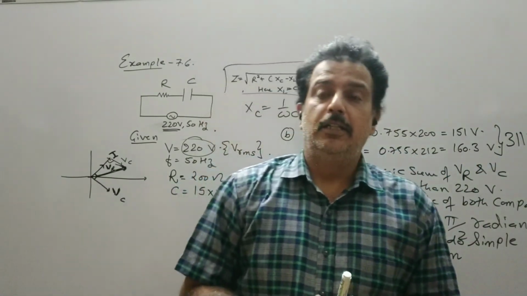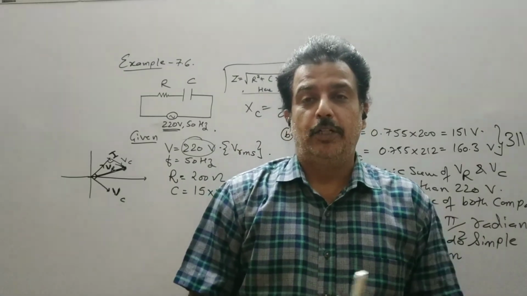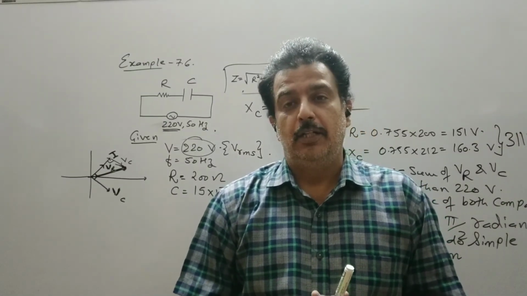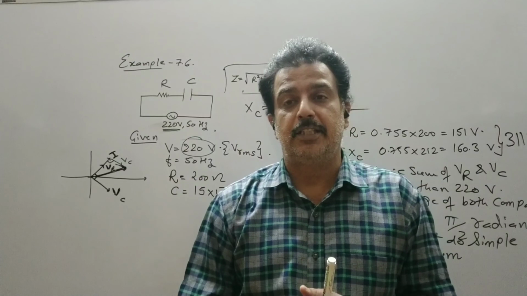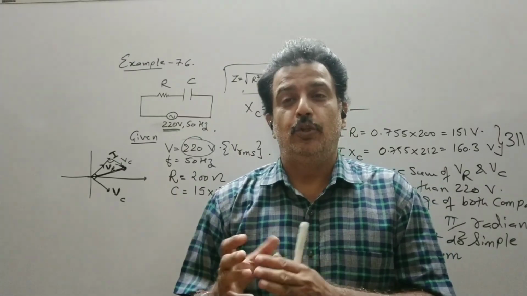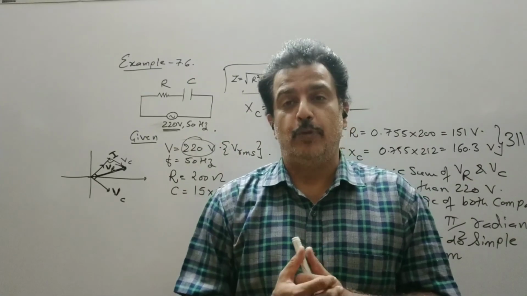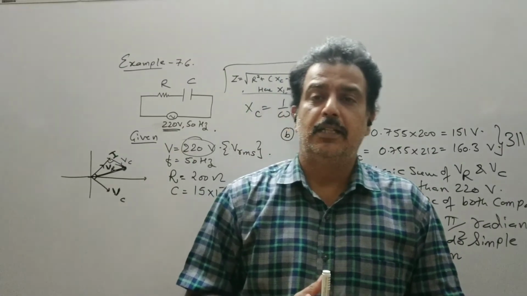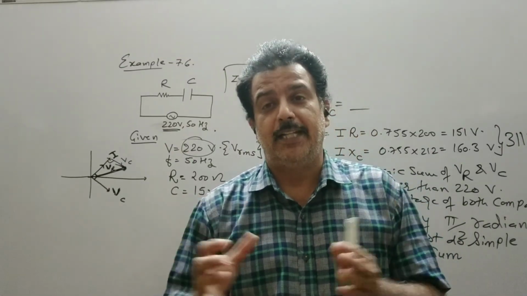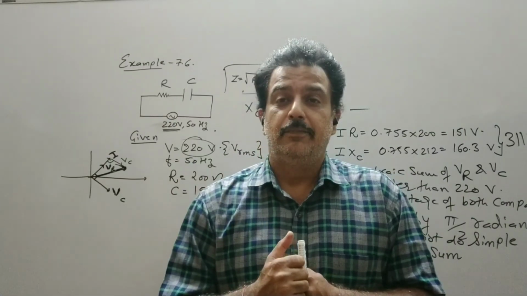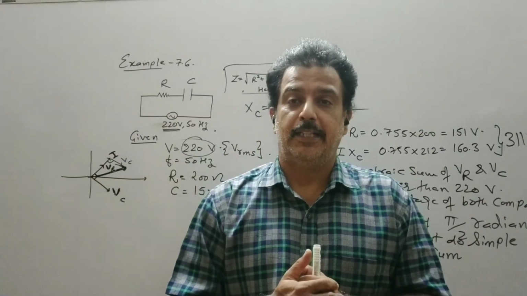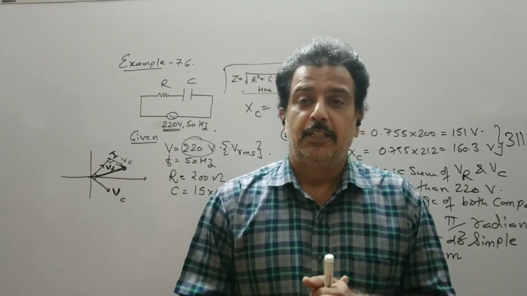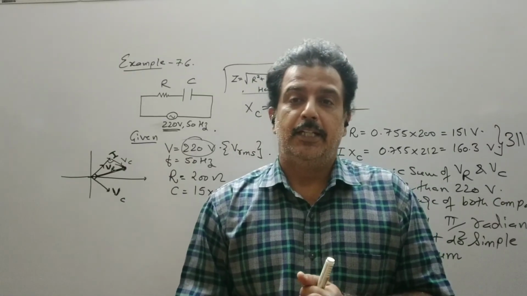So in the next lecture, we will continue an important topic which is called series resonance. That is how the tuning of the radio or the TV is done, how the radio is used to catch a particular frequency from the atmosphere, which has many frequencies available. Out of that, we pick up a particular frequency when we are doing the tuning of the circuit. So the tuning of the radio, that is an important application of AC circuit, which is known as series resonance, will be done in the next lecture.